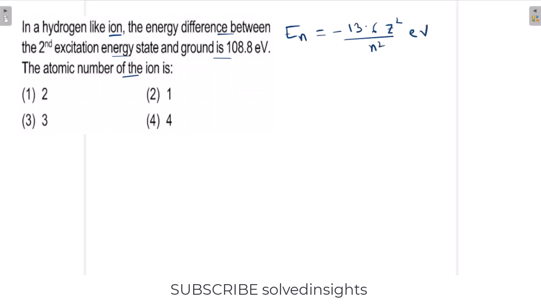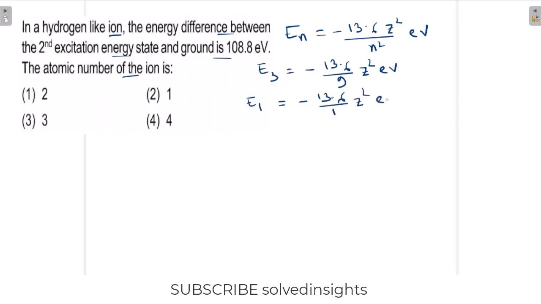So for the second excited state, n is equal to 3. So E3 is equal to minus 13.6 Z square divided by 3 square, which is 9, electron volt. And the energy of the ground state, that is E1, is equal to minus 13.6 Z square divided by 1 square, which is 1,